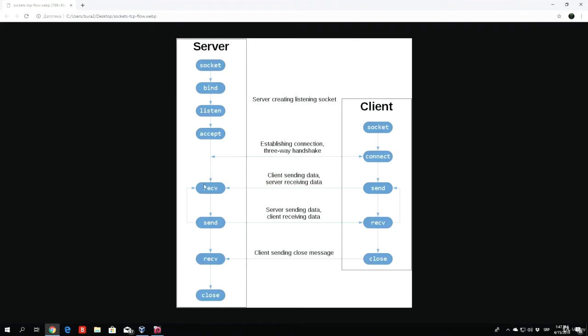So afterwards, with the receive and send function, what we are going to do is send different commands, such as, for example, ls or dir, in order to print the files in the working directory, change directory, upload files, download files, and so on and so on. And at the end, when we don't really want to connect back to that target, we can just type exit or something like that, which we will code in our program to be equal to actually closing the socket or closing the connection,